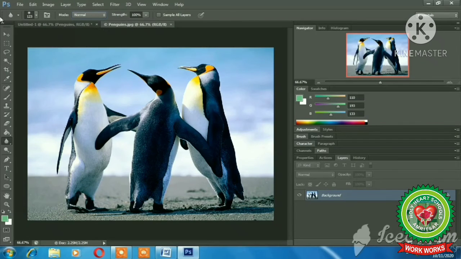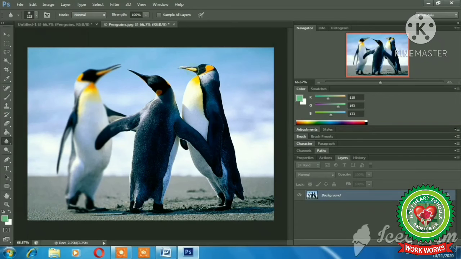We can do that with the help of these options. Now come to this area of the image. I'll hold and drag the mouse to give it a blurry effect. See the difference. I have made this part of the image blurry.